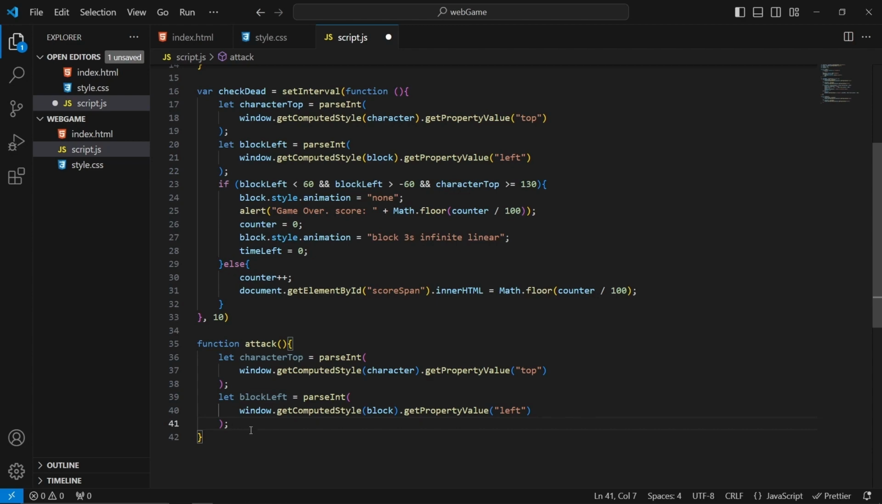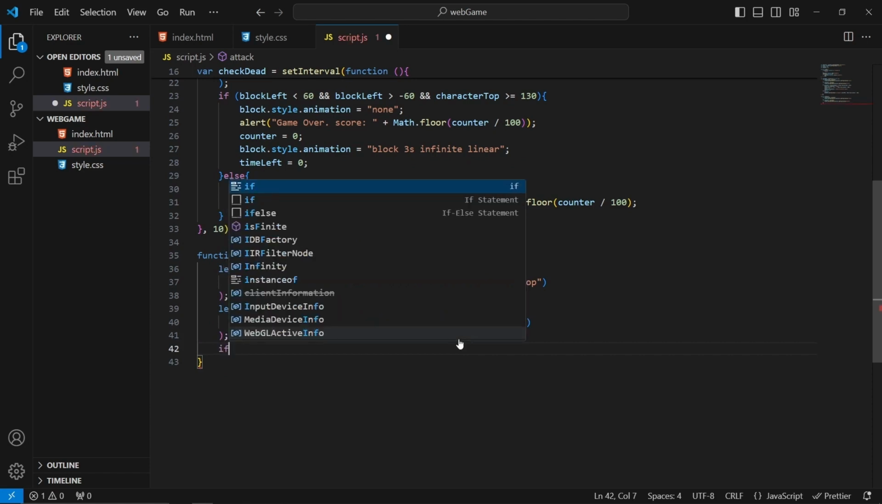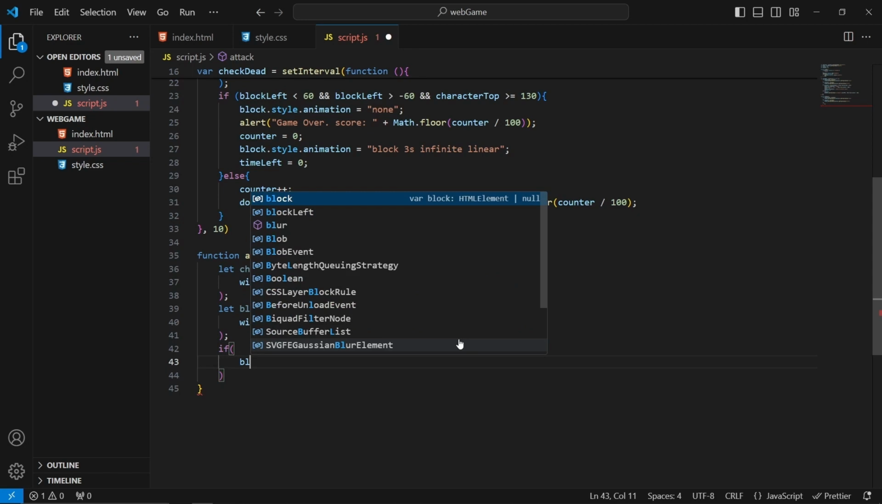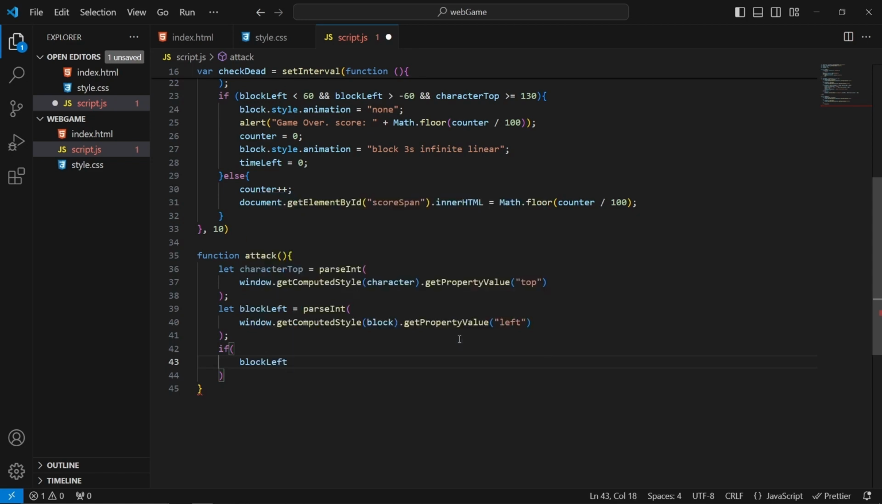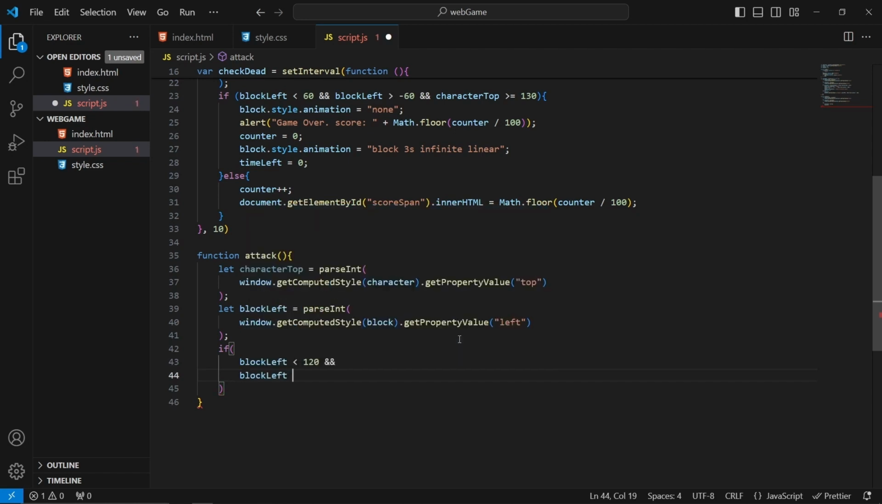Now we're also going to go ahead underneath that. Let me scroll down a little bit. We're going to do an if statement. We're going to pass in parentheses, and we're going to be adding a couple things in this if statement, starting off with block left is greater than 120 and block left, oh no, it was less than, but this one's greater than -20, 120,